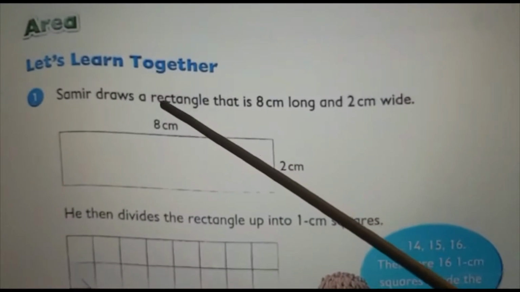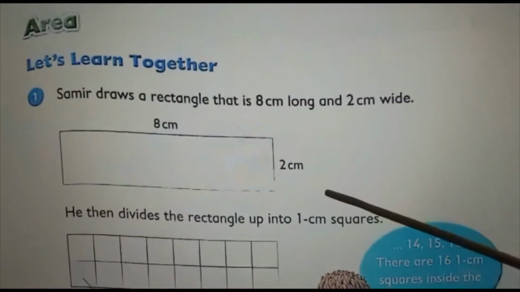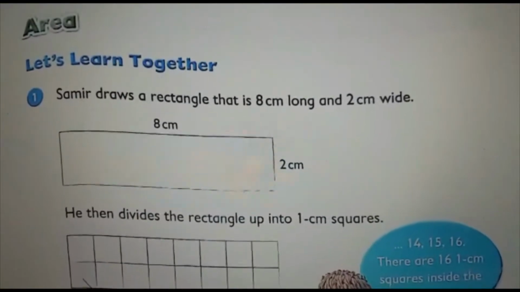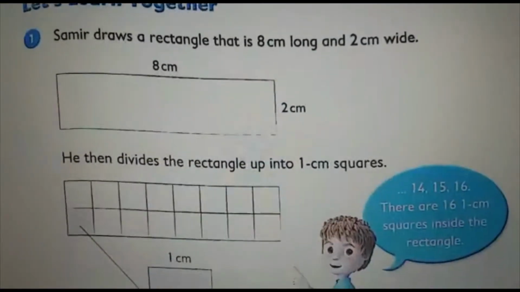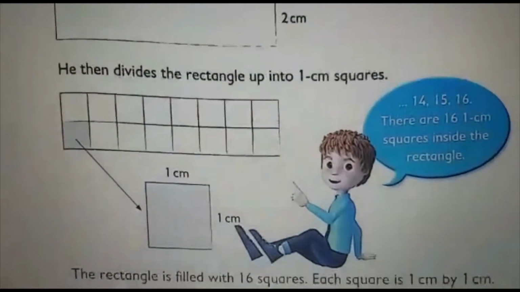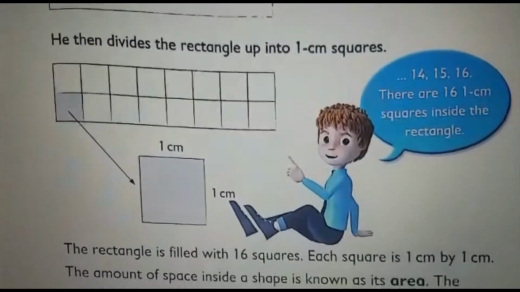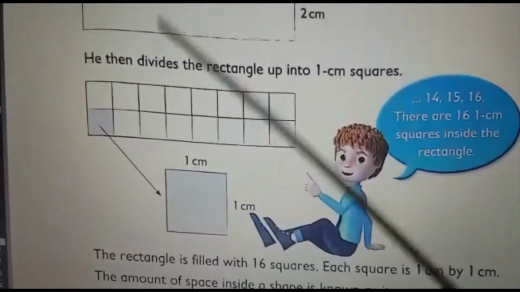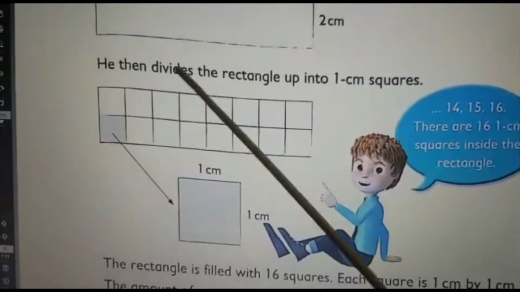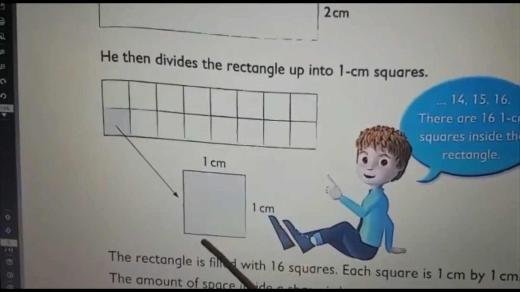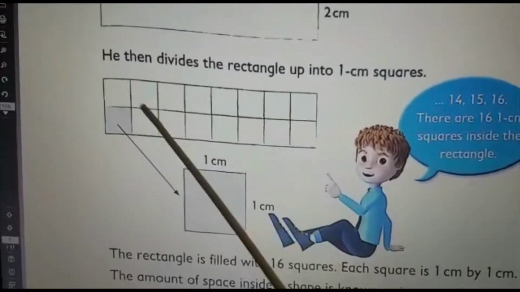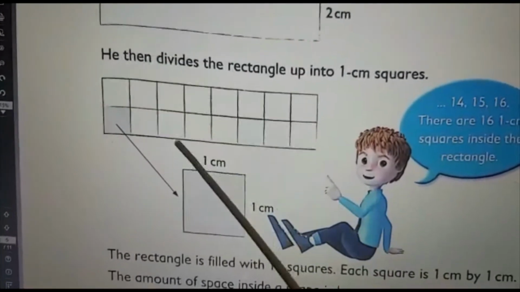Is it? Not 16 cm, because here also centimeter, here also you can see the centimeter. When we multiply both centimeters, we will get centimeter square. But here it is shown like a square figure, how can we count it? See, that same figure he has divided into squares or grids of each 1 centimeter square. 1 square means it is 1 square centimeter. One grid is 1 centimeter and 1 centimeter. So all these will be 1 square centimeters.